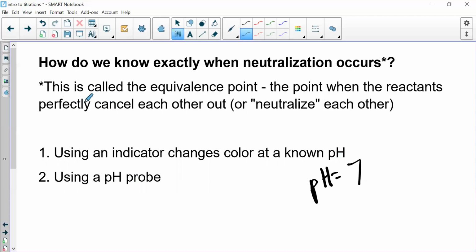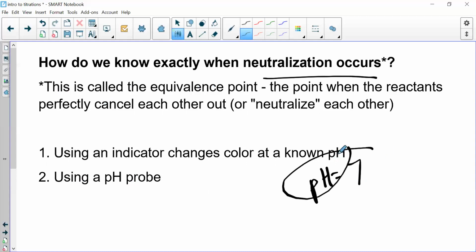Now let's read what this says here. It says, this is called the equivalence point when neutralization occurs. It's the point when the reactants perfectly cancel each other out or neutralize each other. Now, just as a disclosure here, when we're dealing with a strong acid and a strong base, which is the most common form of titration, and it's the only one we focus on in Chem 1-2, equivalence occurs when pH